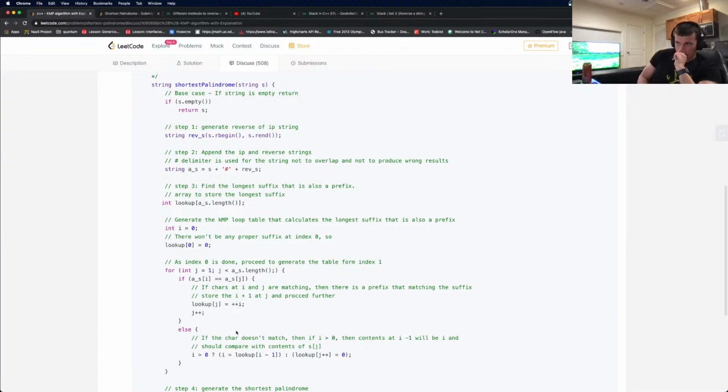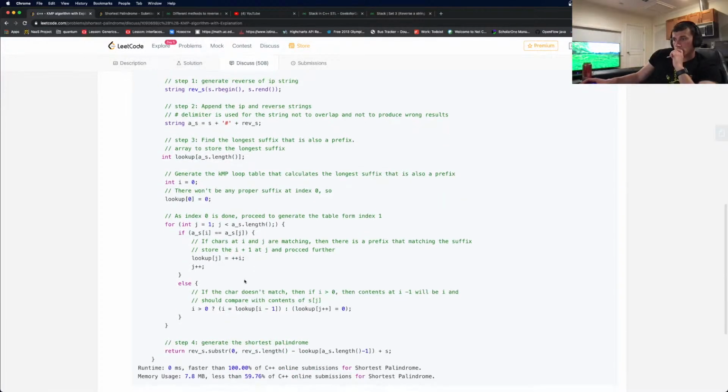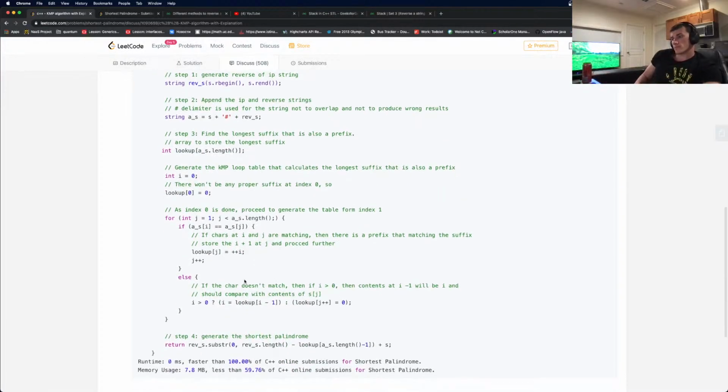Interesting technique. Let's look up I minus 1, j plus plus, right? So it's something I've tried to do with these stacks, but in this case